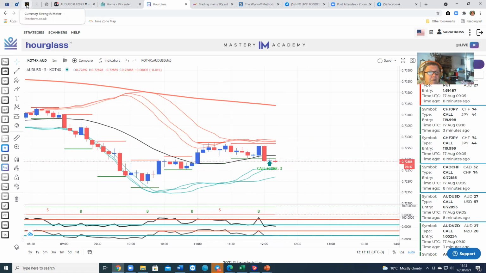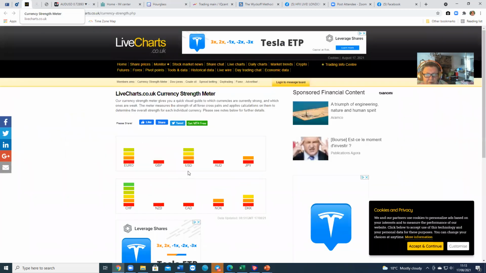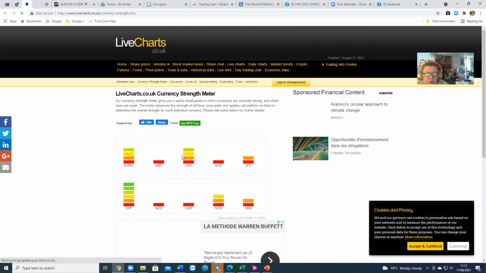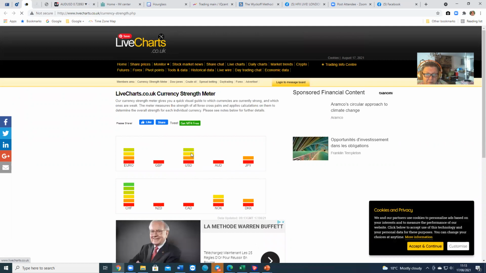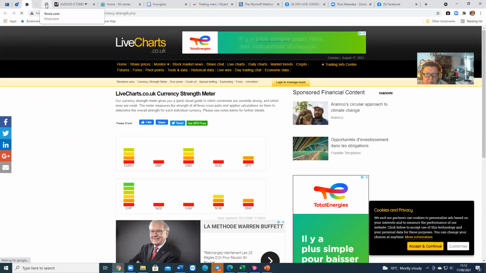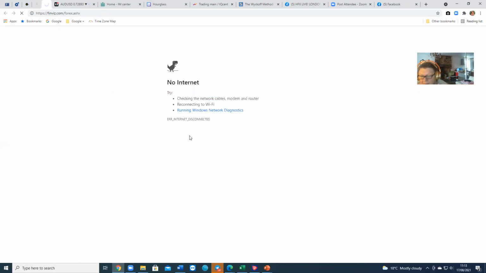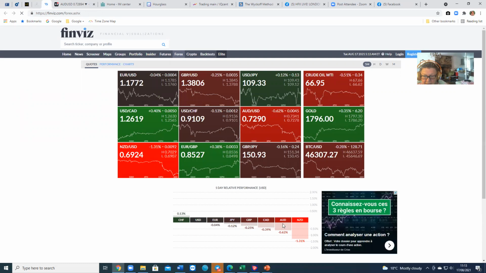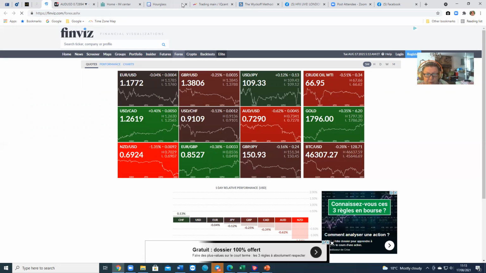We need to check our currency strength meter. I do that very, very regularly. So it's 1 to 4. So US dollar very much stronger. So we only want to be taking sells. And this is a daily relative performance. US dollars, these are strong at the top, parity in the middle, and then weakest at the bottom. So there's our Australian dollar right down at the bottom, US dollar right up at the top. So we're correct to say we only want to take